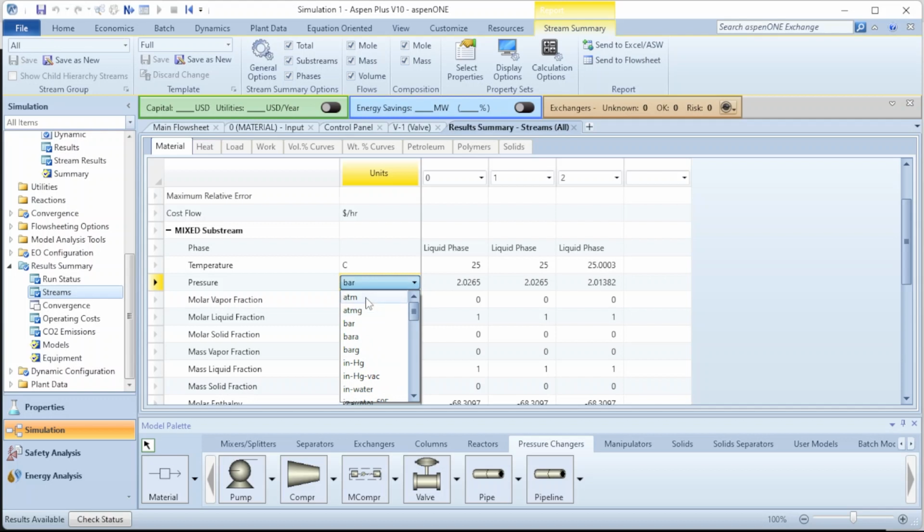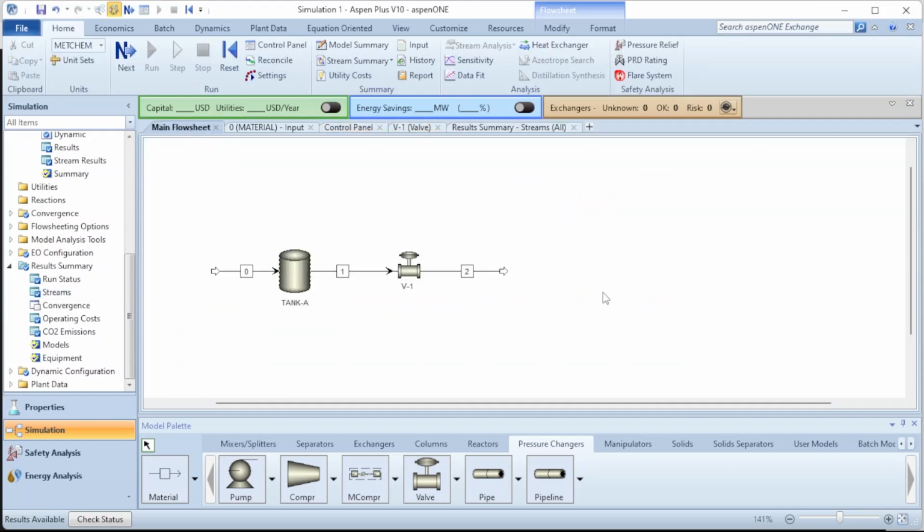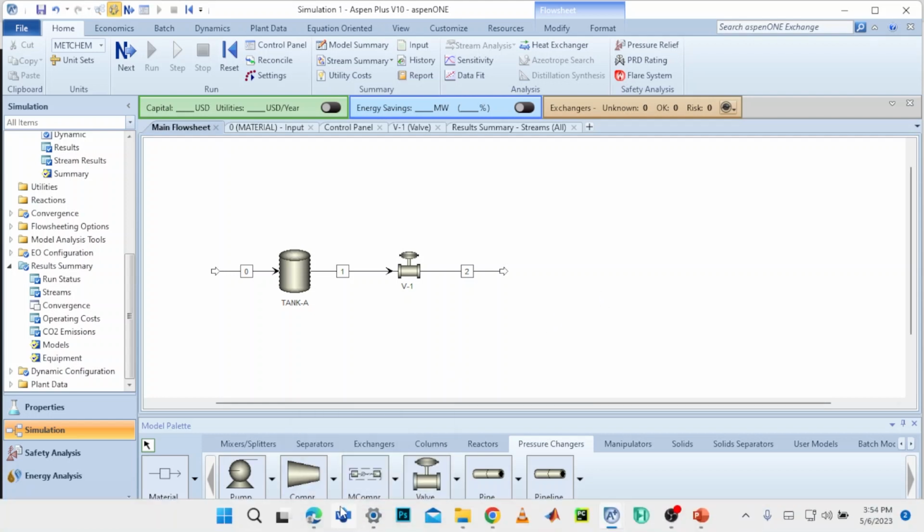Let me leave the pressure as ATM. If you change the pressure to ATM, you can see that the pressure exiting the valve has been decreased a bit. So you can see that there has been some pressure drop in the valve, and I think you understand that when you install a valve in the piping system, there's supposed to be a drop. Okay, so now that we are done with this,